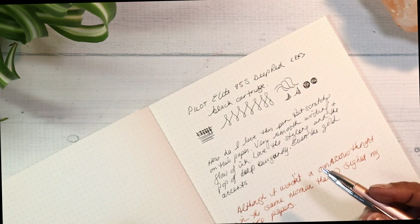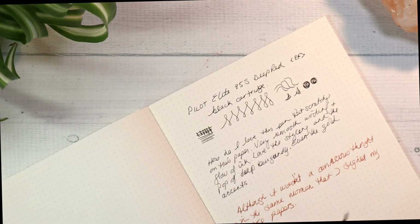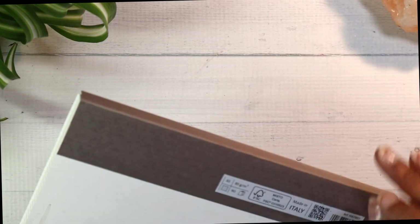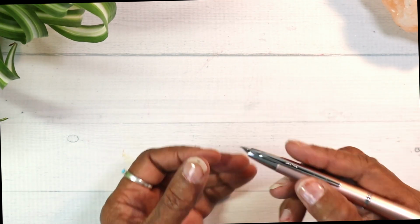It's okay. It's okay. I must say the best paper that didn't have as much feedback was the Cosmo Air Light. This is the Fabriano, and Fabriano has 85 GSM, much like the Rhodia. Okay, that makes sense then. It's really very pretty. Okay, so